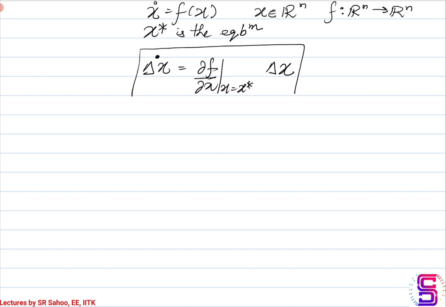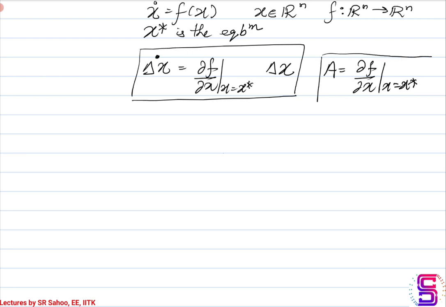So this is what we have, and we label this partial differentiation as a matrix A, which was an n cross n real constant matrix. Please note that we are considering an autonomous system in this case. So how is this del f by del x written? Del f by del x evaluated at x equal to x star